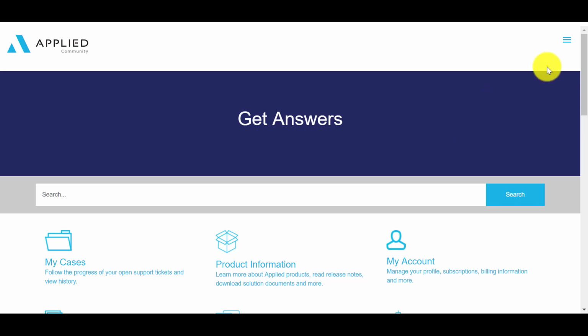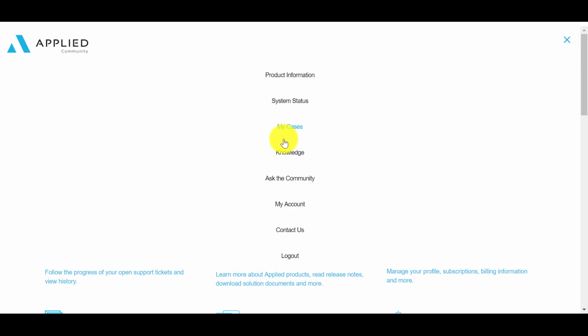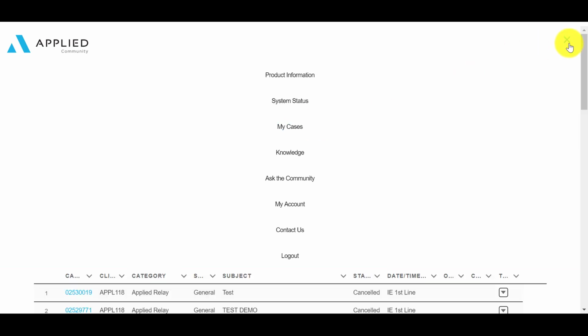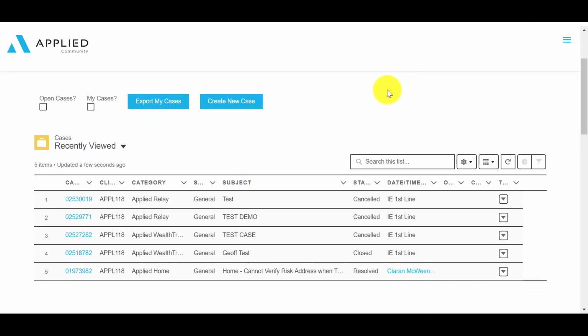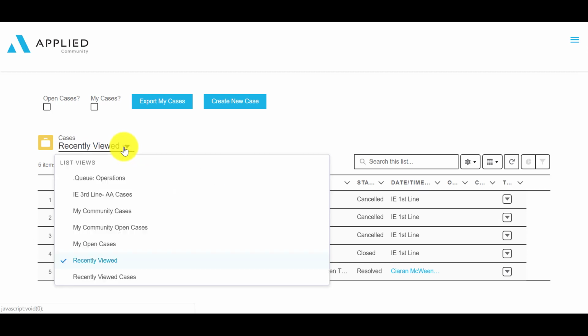So next we're going to look at My Cases. If you just click on the menu option here and select My Cases, it'll bring you into My Cases. It does default to recently viewed, but note there is a drop-down menu here where you can access My Community Cases, which will show you all cases, including those that are resolved, and My Community